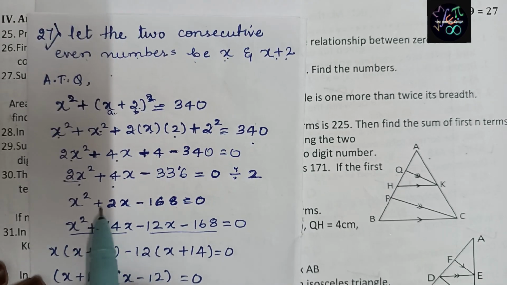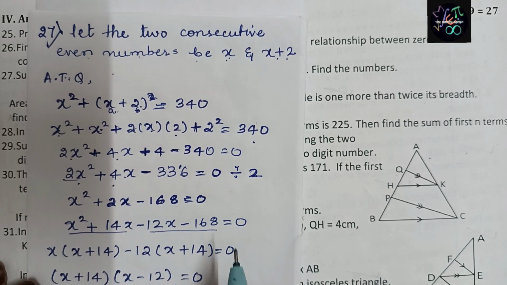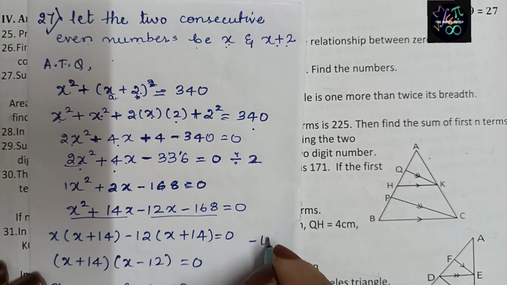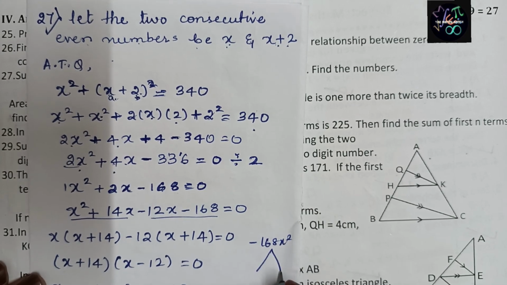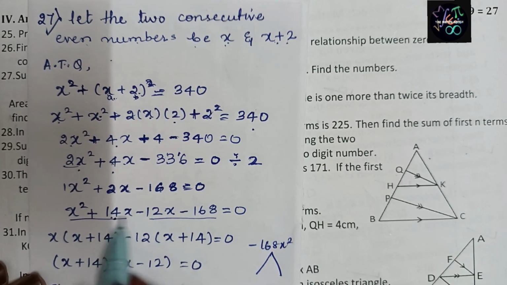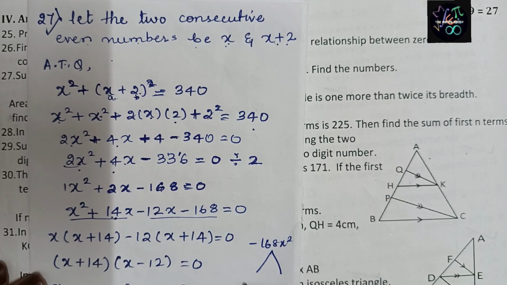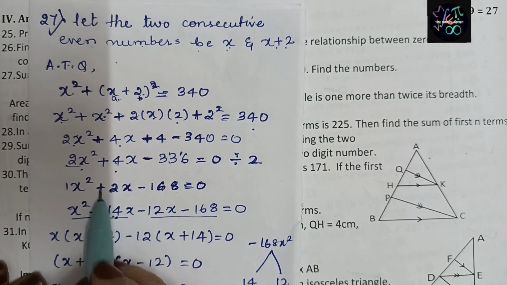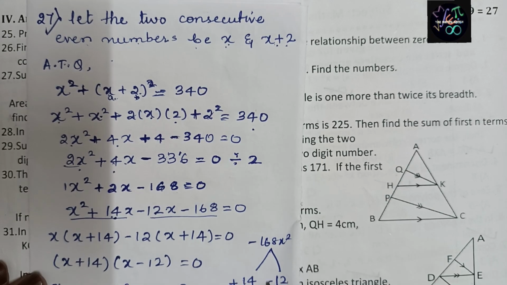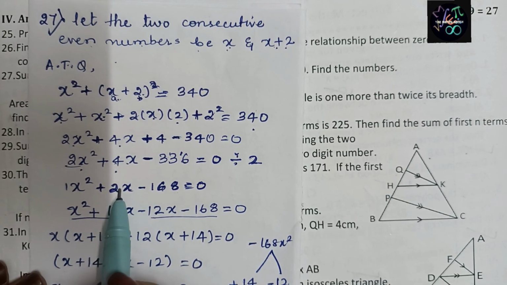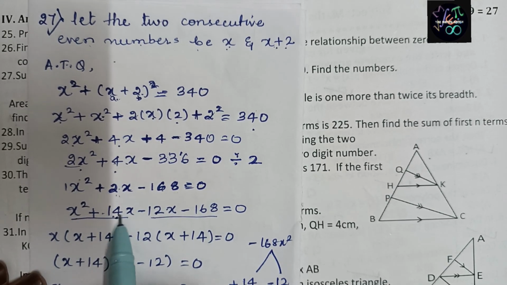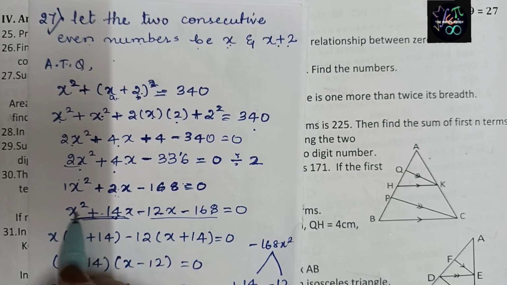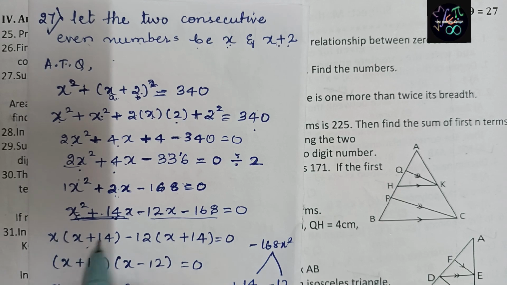Now we can see, same as the previous problem, we have to do factors. I can write one more time. 1 into 168, minus 168. I have worked out the factors here: 14 twelves are 168, so 14 and 12. The bigger number gets a plus sign because we want plus 2x, so plus 14 and minus 12. So in place of this I have written x square plus 14x minus 12x minus 168. What is common in these two terms? x is common, x plus 14 as it is.